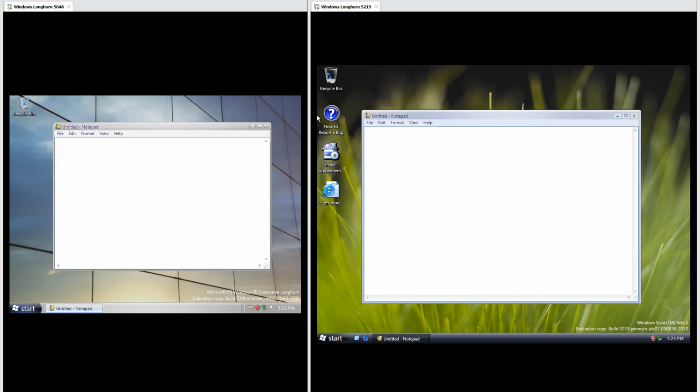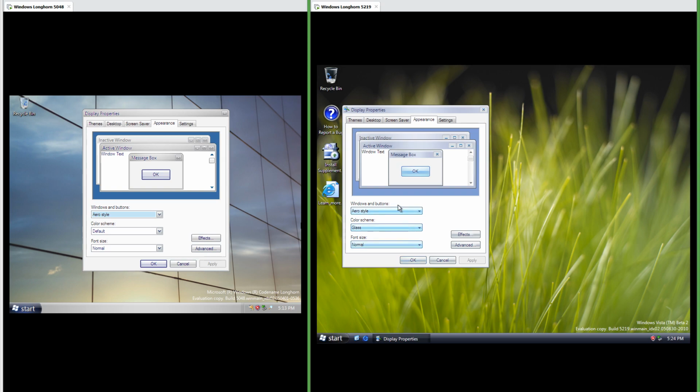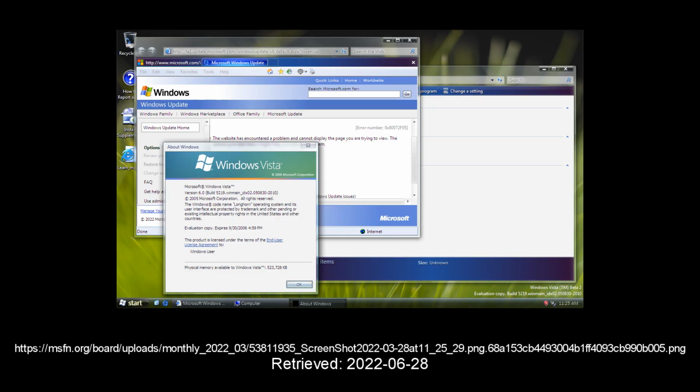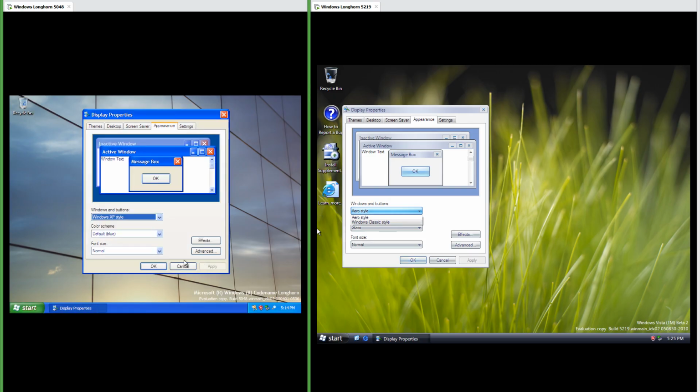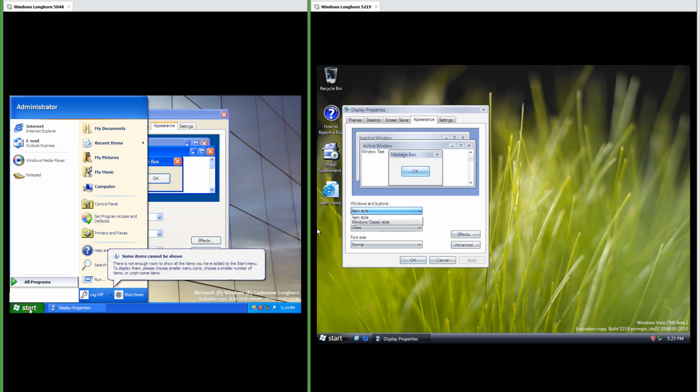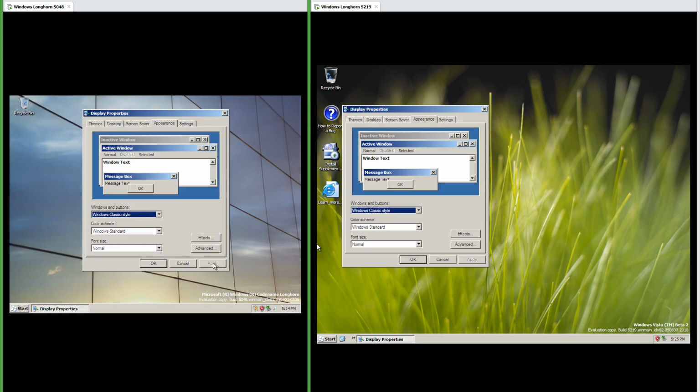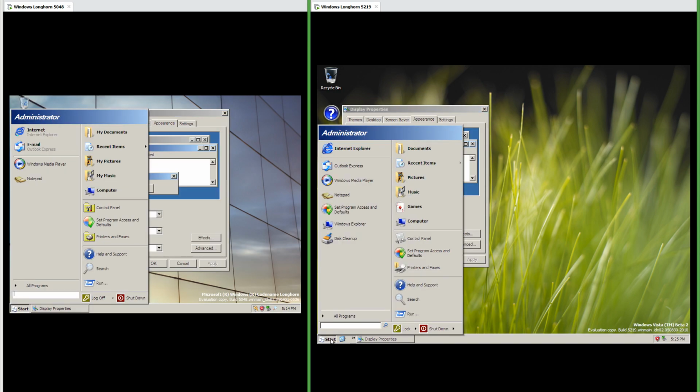Let's compare the skin. In Windows Longhorn the title bar is gray, in Windows Vista Beta the title bar is bluish gray. In Vista Beta the buttons are shiny and have a blue afterglow. The theme is called Arrow in both. I think Windows Vista Beta is also supposed to have transparent title bars as well. In Longhorn the Luna theme is still present, in Vista Beta the Luna theme has been removed. The classic theme is still present in both.